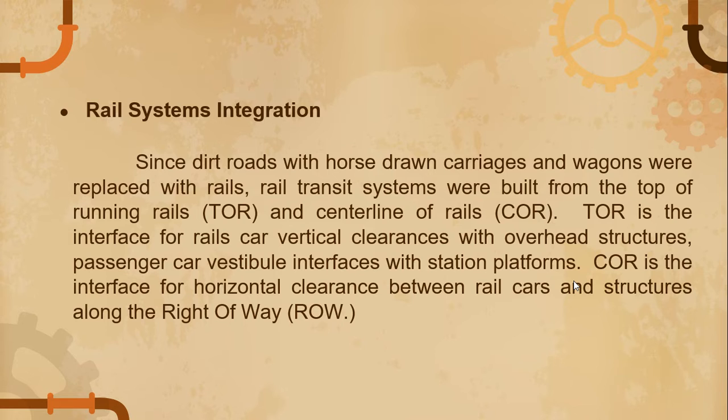TOR is the interface of rail cars, vertical clearances with overhead structures, passenger car vestibule, and interfaces with station platforms. COR is the interface for horizontal clearance between rail cars and structures along the right of way or the road. So, the rail transit industry evolved to steel rails and cars with steel wheels and axle sets. From this foundation, operators continued to integrate technology and raise service standards by adding systems to improve the safety of